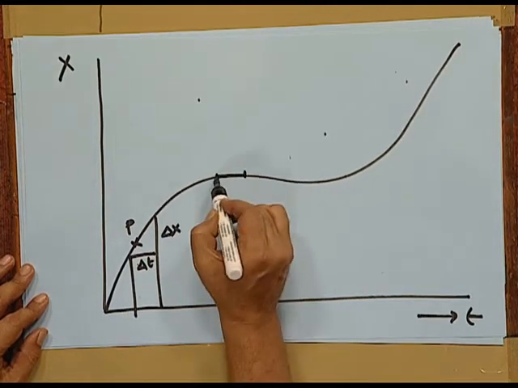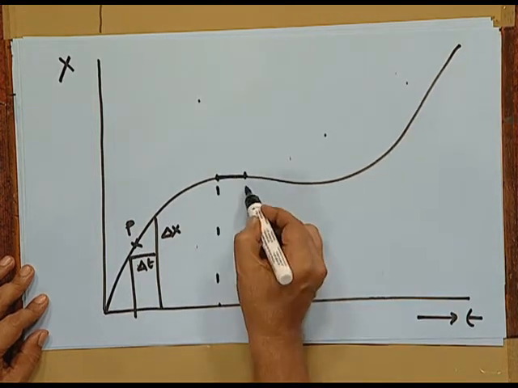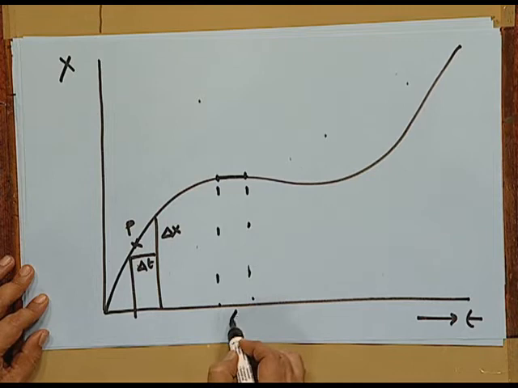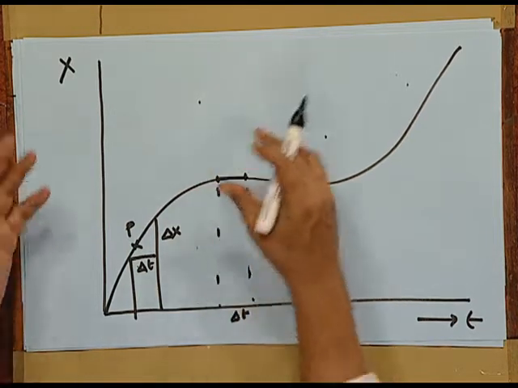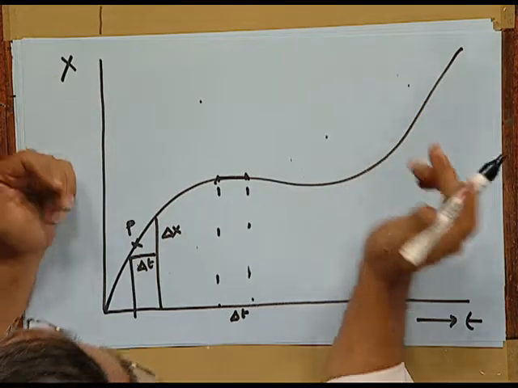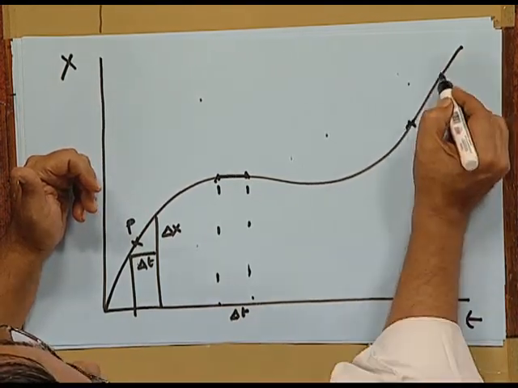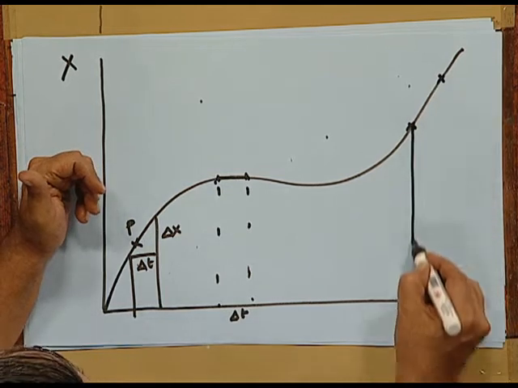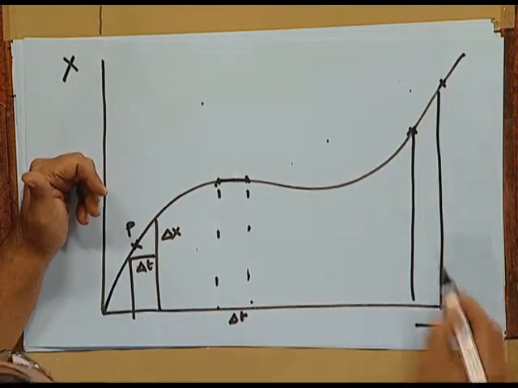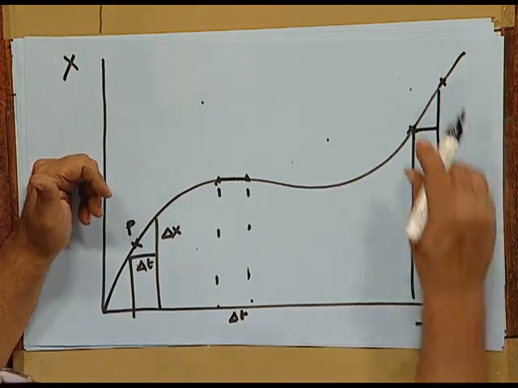Look at this interval where there is no variation in delta x, but there is a variation of delta t during the same interval. What does it mean? When there is no variation, the height is 0. So, in this time interval the average velocity is 0. Let us look at this position again, where if I take the same interval delta t, the interval is the same, but at different timings the slope is different.